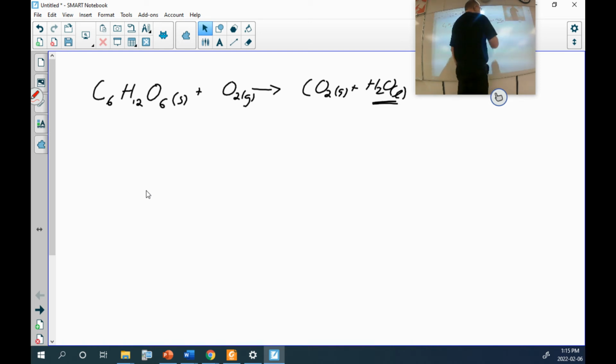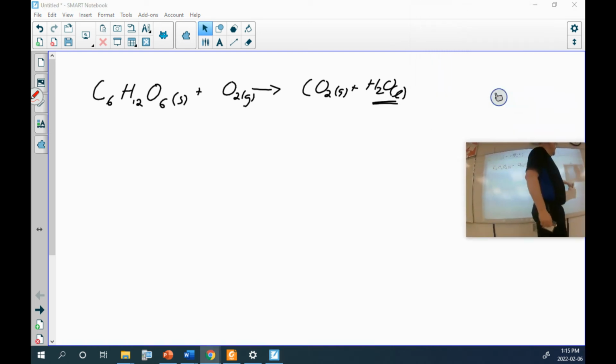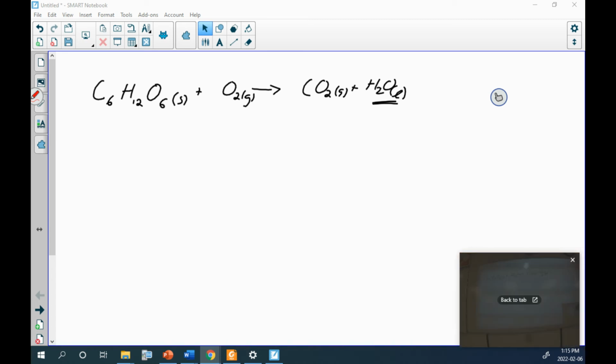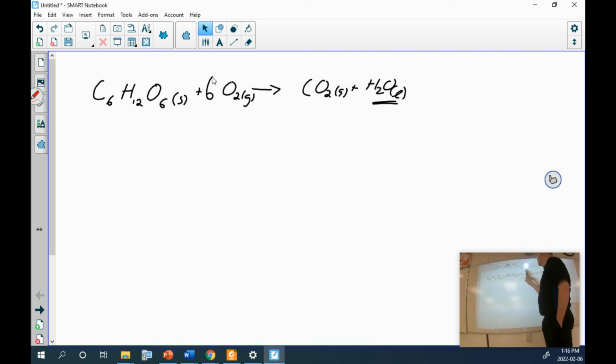And this is important here. This is a biological process, and in a biological process the water forms as a liquid. In a combustion process, if I was just burning glucose on a table or something, I would get gaseous water. But in a biological process, we get liquid water. Now the delta RH notation depends upon how I balance this. So I'm going to balance it with that. Therefore, my delta RH notation is